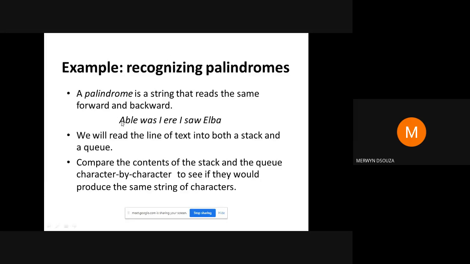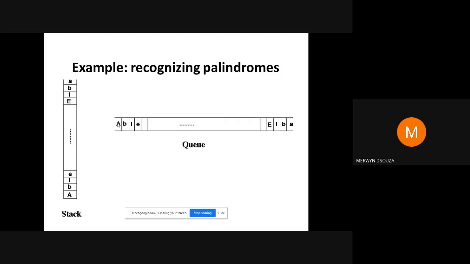You take the sentence or the word that is the input and store it in a character array, because whatever you are entering is a string. Once you've stored the input in an array, next you define one stack and one queue. Then you store your entire string inside the queue, and you store the entire string also inside the stack.